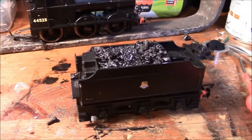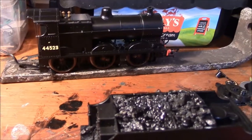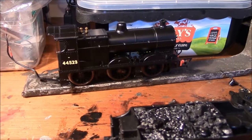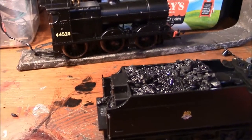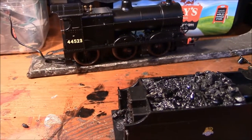Okay, got a little bit of an issue here with this Hornby 4F. This is not the new one, by the way. This is the old one that we had problems with from the colliery set that you'll see on the previous videos. And I just got to the point where I got sick and tired of spending money after money on crank pins and rods and bits and pieces for it. I thought, you know what,